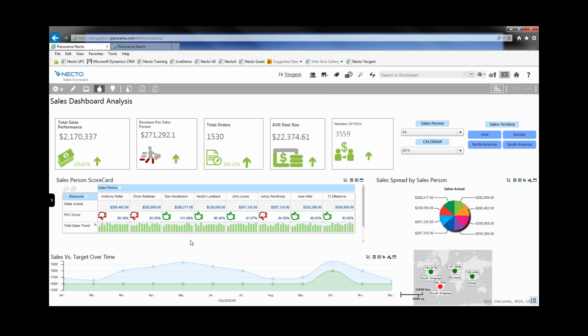Then another use case is use of infographic for analysis, for an actual analysis in the grid. So you can see here examples in Panorama Necto. We can use infographics both in tiles, like you can see currently as components on the canvas itself, or in the grid. So here you can see an example of infographics in the grid, and you can see here a very good representation of